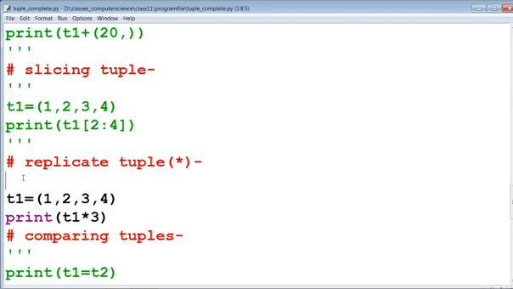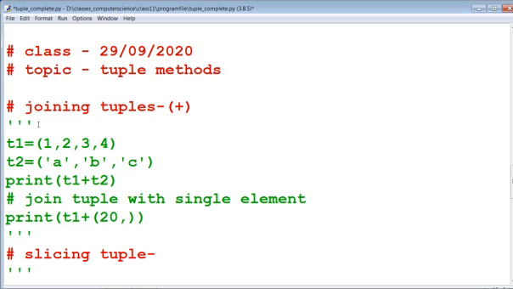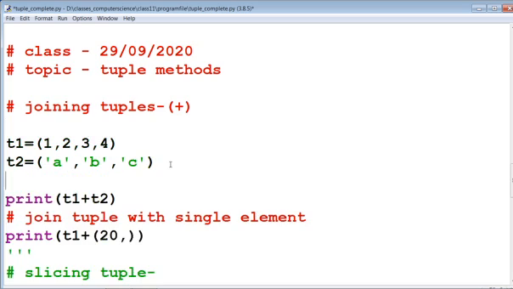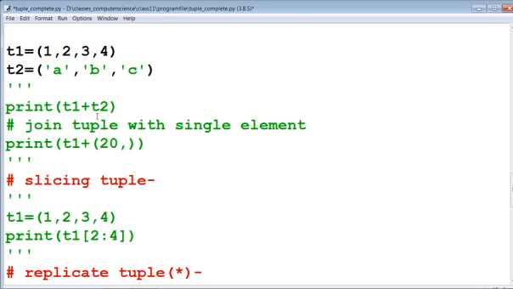Now we are going to compare the tuples. You can see tuple t1 and t2.